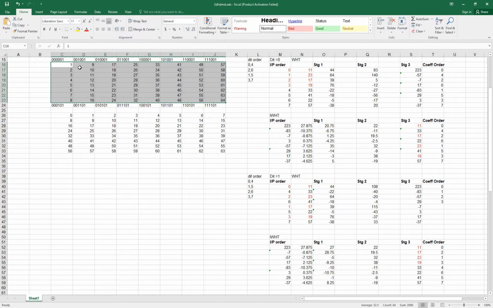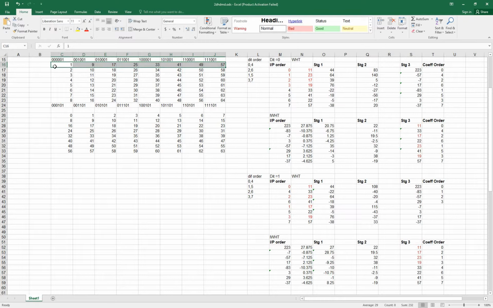The inputs are initially arranged from 1 to 8 in the first column, then 9 to 16 in the second column, and so on, and the entire input is arranged as an 8x8 matrix as shown in the Excel. Once we arrange it, we need to do a row-wise 1D Hadamard transform for 8 points.